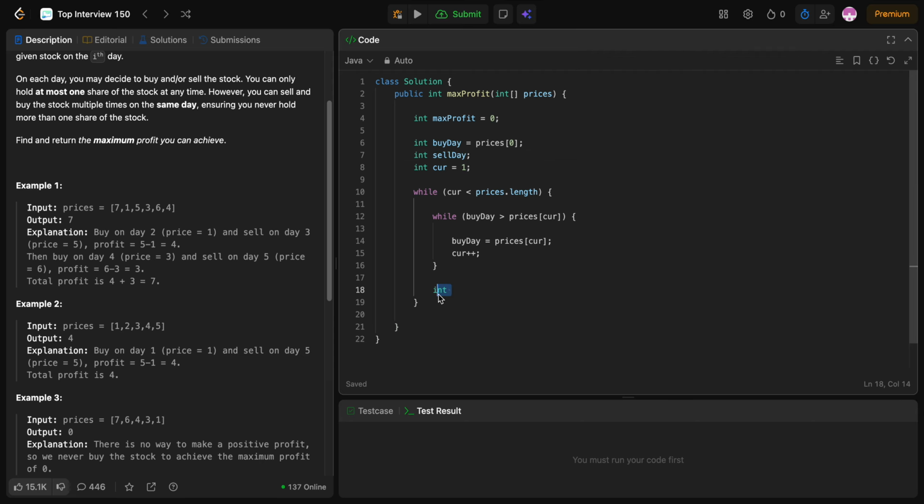So I can say that sell day is equal to prices at car, which car is now the day right after the buy day. So then you can say while sell day is smaller than, and then we'll do car plus plus. I'll say while sell day is smaller than prices at car,